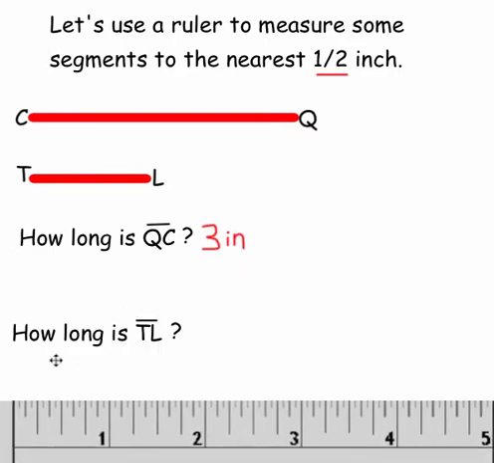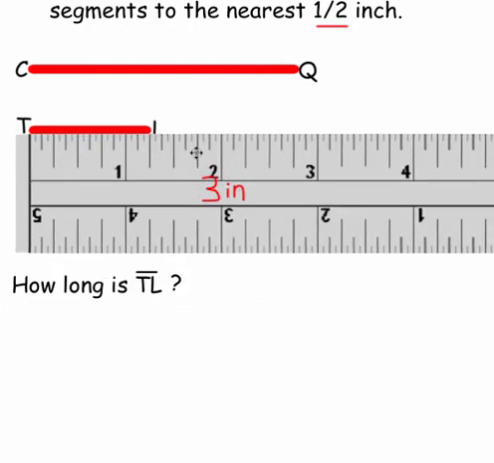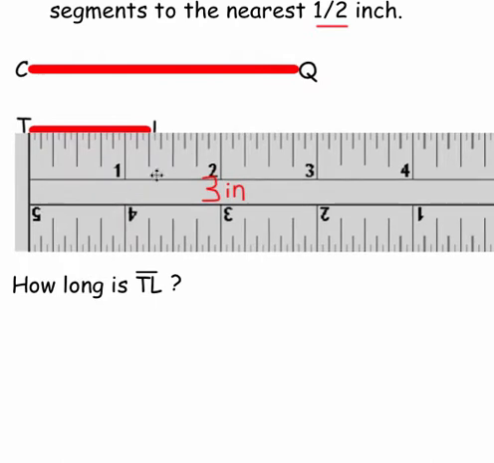Now we want to figure out how long is segment TL. So we're going to hold our ruler up to TL, make sure that it's lined up in the right place. This time we want to say, is it closest to 1, is it closest to 1.5, or is it closest to 2? It goes past the 1, but now I have to decide, is it closest to 1 or is it closest to 1.5? The halfway point can help you. If it's longer than this halfway point, then it would be closer to 1.5. We can see that the tip just goes past this little mark here, so this would be closest to 1.5